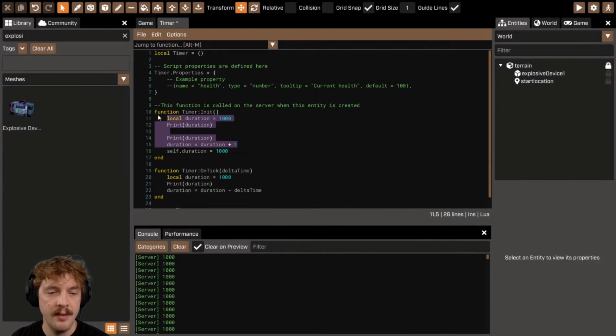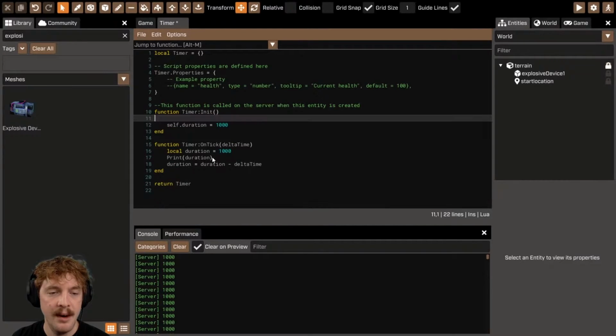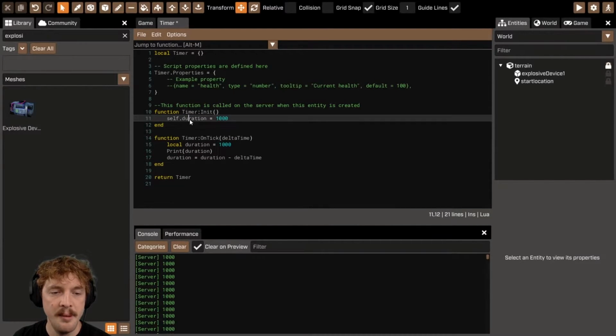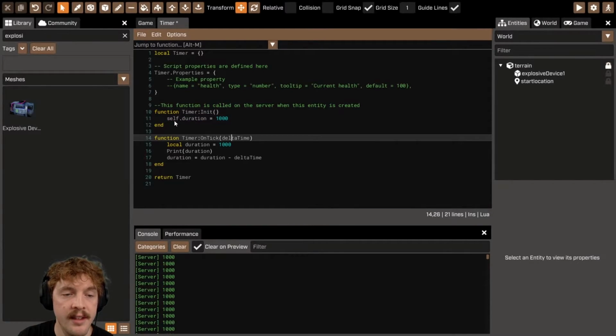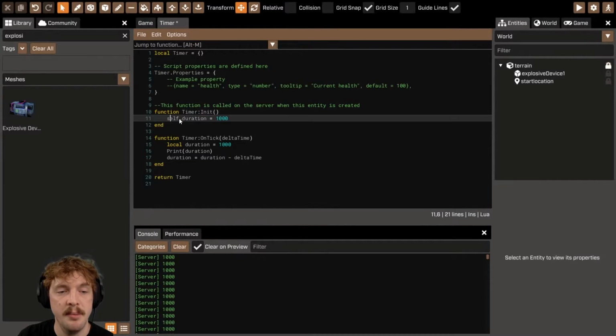So now let's get rid of that stuff because now we've got this instead. And this means that the variable duration has been given to the timer. The timer script itself now has a variable called duration. So rather than it just being a variable that exists from the moment it's declared until the next end statement, this now exists throughout wherever the timer is. As long as this has been run, which it is at the start,